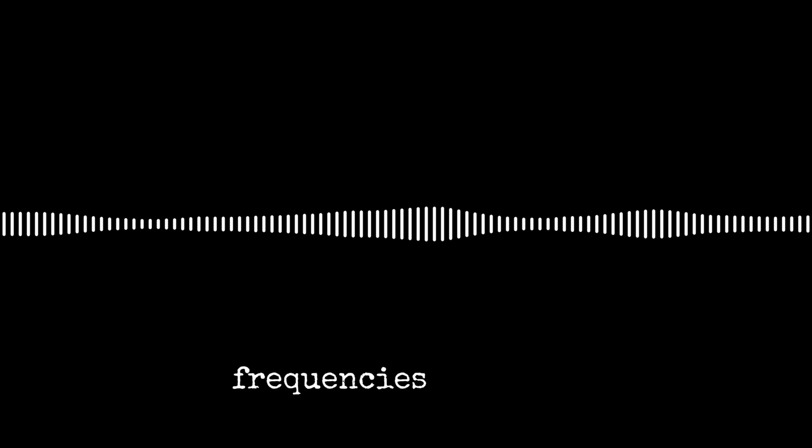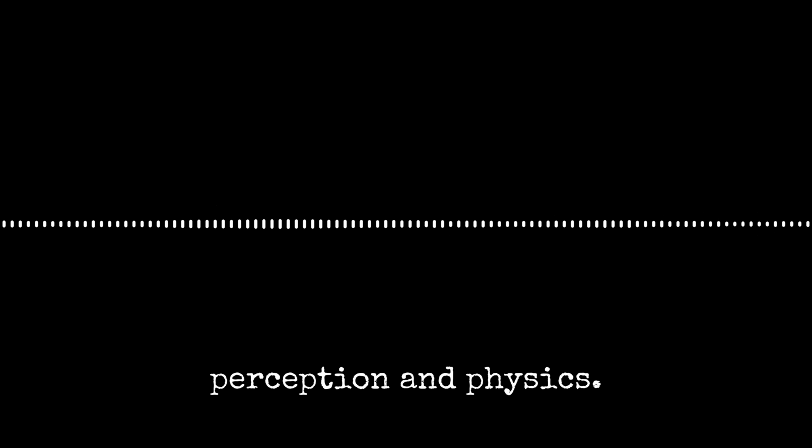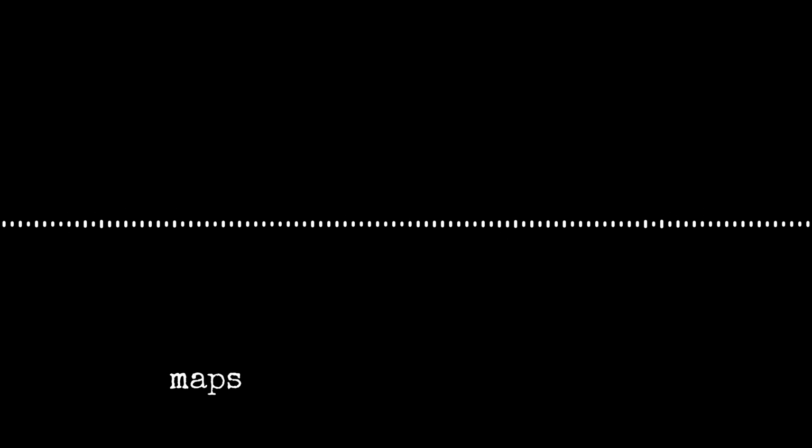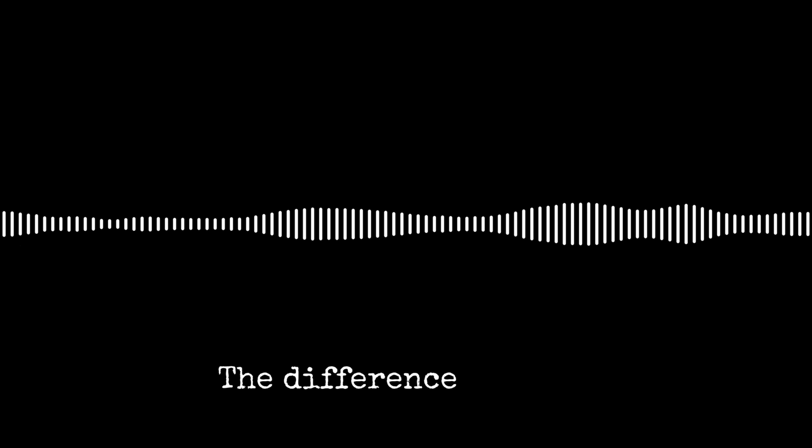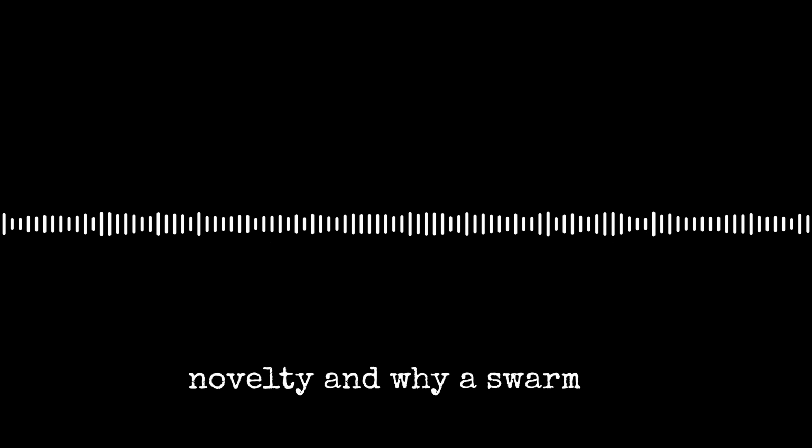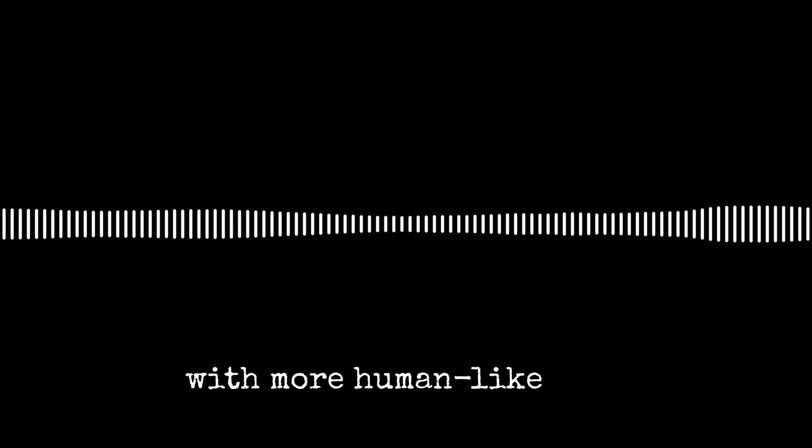We listened to fire. Its flicker carries frequencies our eyes intuitively love. Deep neural networks help turn those into sound, revealing another bridge between perception and physics. We talked about latent spaces, maps of essence, and how they let us design across domains. And then we tackled AI itself, the difference between predicting and composing, between reduction and novelty, and why a swarm